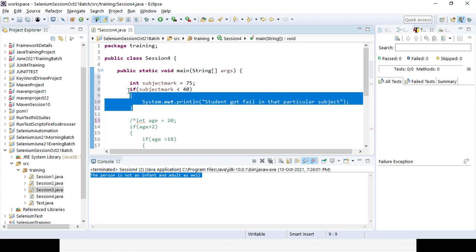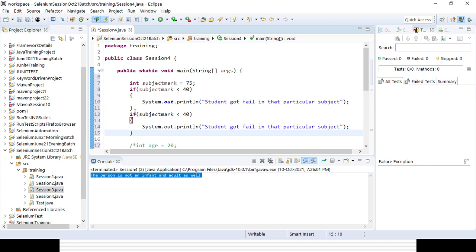Then I can go for the other one, else if, else if, else if, like that. So it will be else and space if. So subject mark greater than 40 and less than 60. So you can give ampersand for the condition.